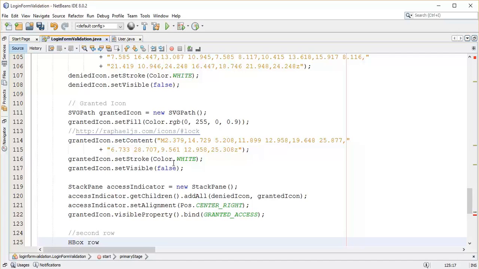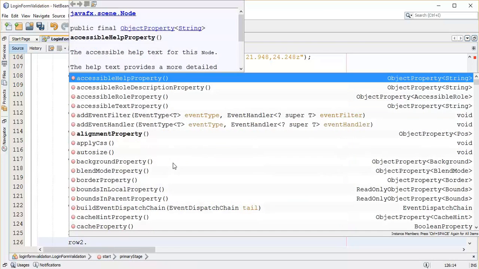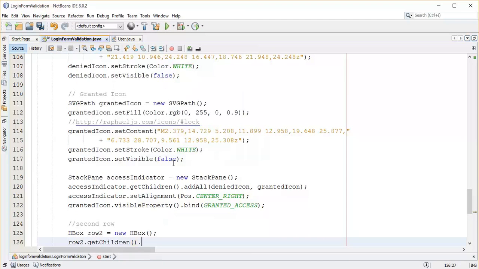So row2 equals new HBox, and add the children elements to the HBox. So row2 dot getChildren dot addAll